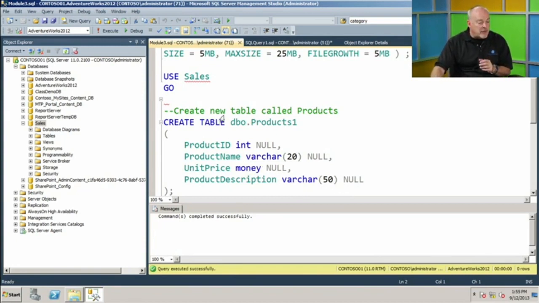So this table I'm going to create is called products1. We're going to have a field in there called product ID. We're using an integer value. All right, so I can store whole numbers in there. We're going to have product name varchar 20. We're going to have unit price using the money data type, and we're going to have product description using varchar